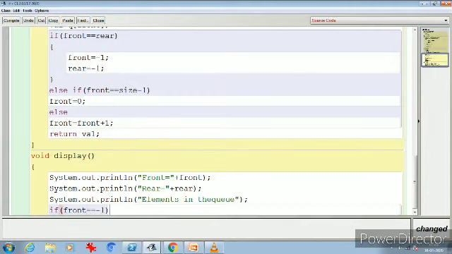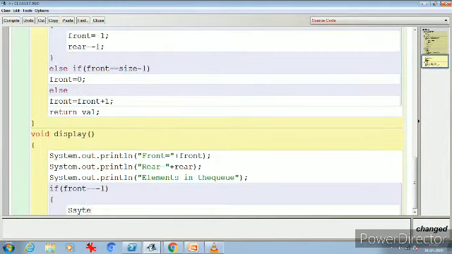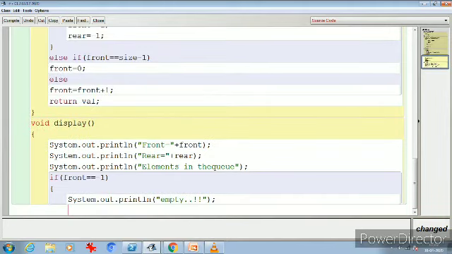At that position I am going to write System.out.println the element or no elements or queue empty, anything you can write. So let's write empty, okay. That will be enough to understand. And then return. This avoids any array index out of bound error, as there will be no element to delete.